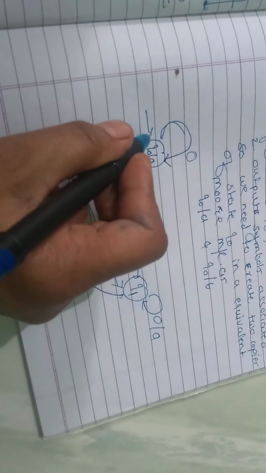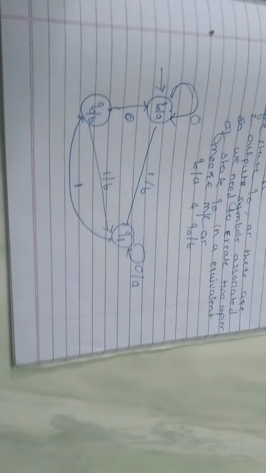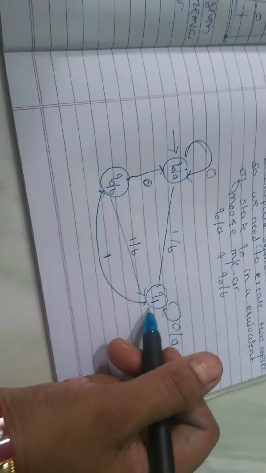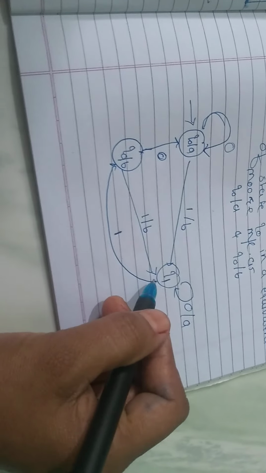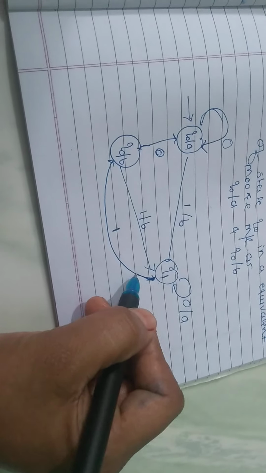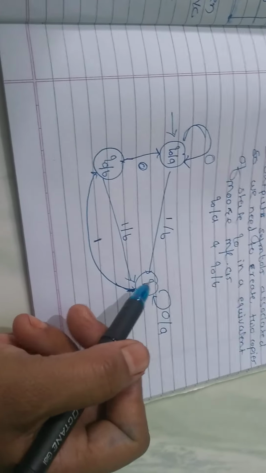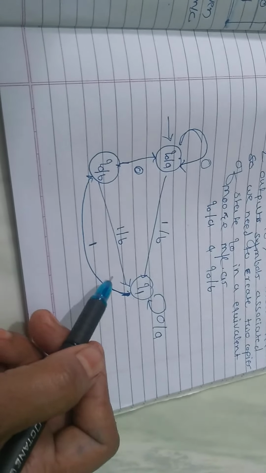You can mark any state as a start here, this or this one. Okay, there will be no change in that one. Now in the next step we will process the state Q1. Now see here all the incoming edges of Q1. How many incoming edges are there? 1, 2, 3 incoming edges.